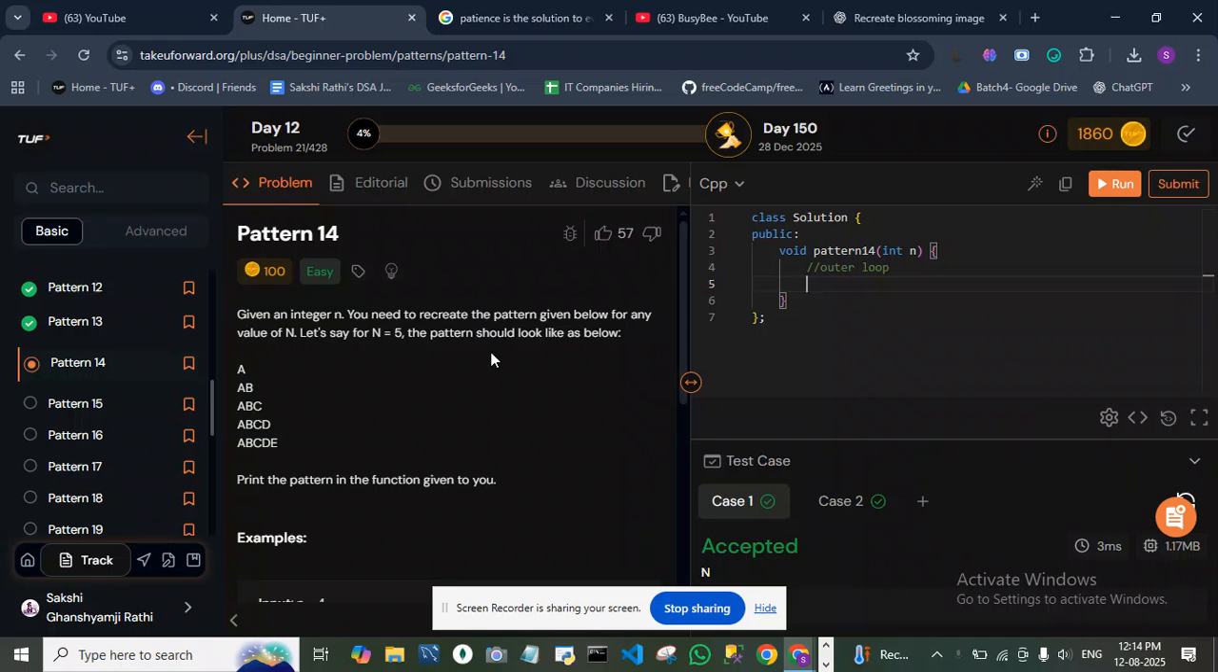For this video we are going to solve pattern number 14. Here we are given an integer n and we need to recreate the following pattern, that is, incrementally print characters in a right angle triangle, starting with the alphabet A. For that, firstly we will create one outer loop,